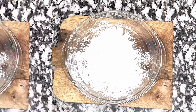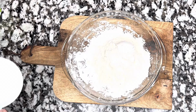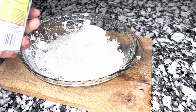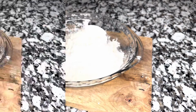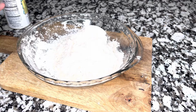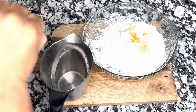So I added a cup of cornstarch and a cup of all-purpose flour, and 1 teaspoon of baking powder. So just remember 1, 1, 1. Okay, make sure you season your flour, guys. I'm adding some sea salt to it,